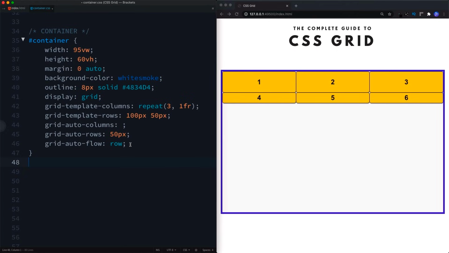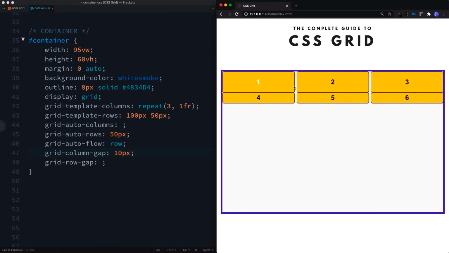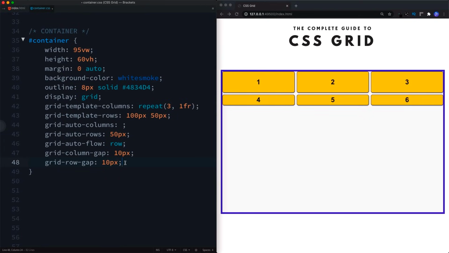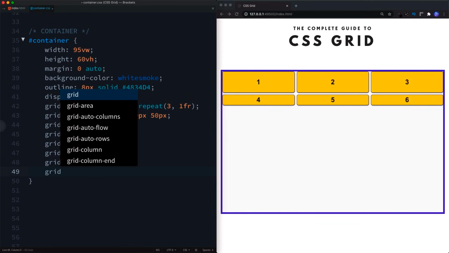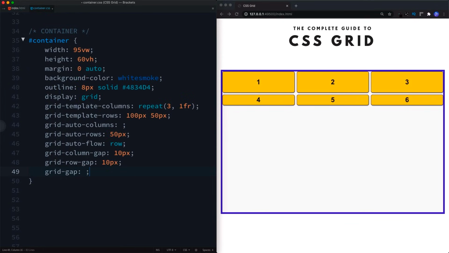And we do that using grid column gap and grid row gap. So let's say we wanted a 10 pixel gap in between our columns. Well, we simply set grid column gap to 10 pixels. And now we've got our 10 pixel spacing. Let's do the same for grid row gap as well. And now we also have a 10 pixel gap along the row as well. Now there is a shorthand property of this as well, so we can just say grid hyphen gap, and for this first we specify the row and then we specify the column.